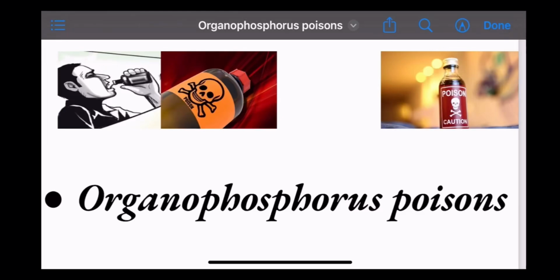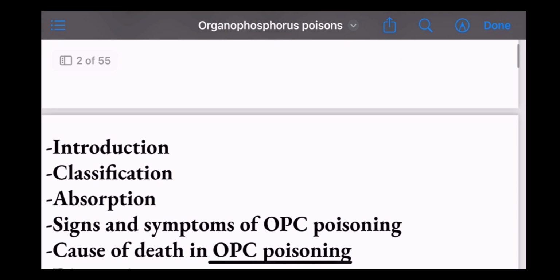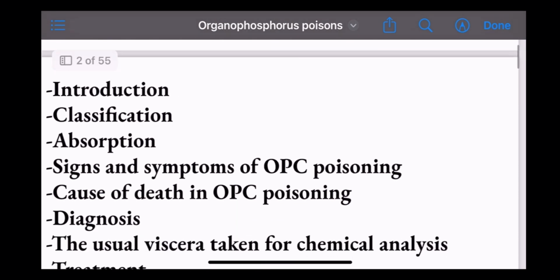So today we are going to read organophosphorus poisoning. So basically what we are going to read in this organophosphorus poisoning topic is, first we will see the introduction of the topic, then we will see the classification of organophosphorus poisons, then we'll see the absorption, how it gets absorbed in the body, then we'll see signs and symptoms of organophosphorus poisoning, then we'll see what is the cause